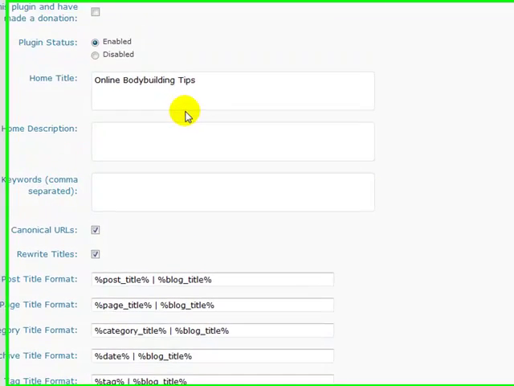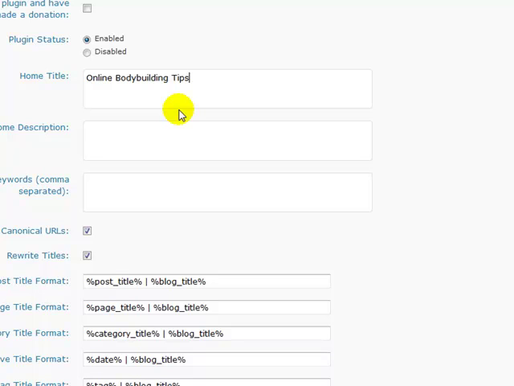And if you want, you could even add a few more keywords in this title, in your home title. I don't recommend too many keywords, otherwise it might be considered keyword spam, but I usually add a pipe, which is this vertical bit here, and then I might say something like onlinebodybuildingtips.org, something like that. So that'll show up in your title. Home description, you could put learn tips on bodybuilding for advanced and beginner